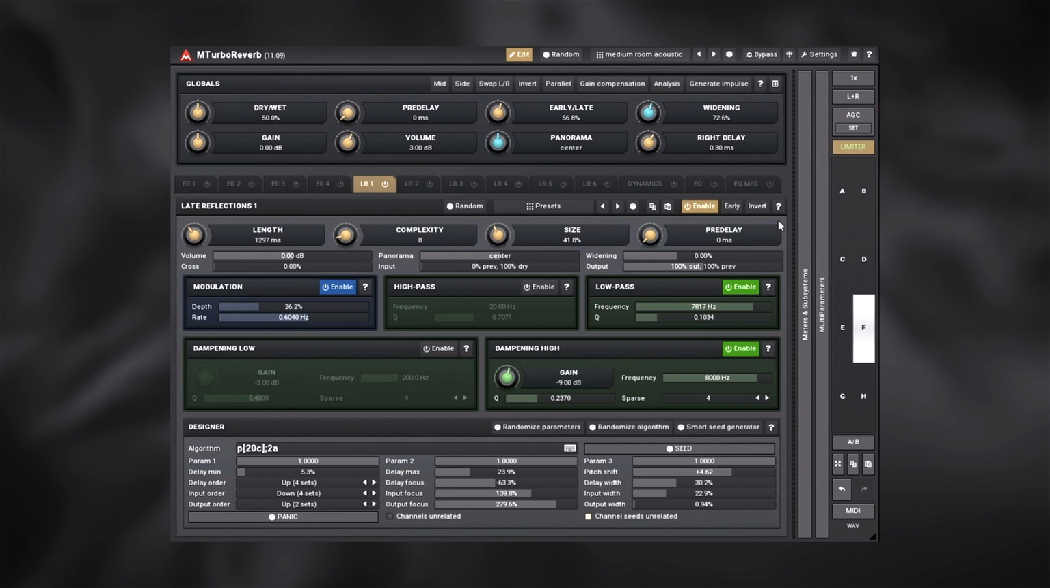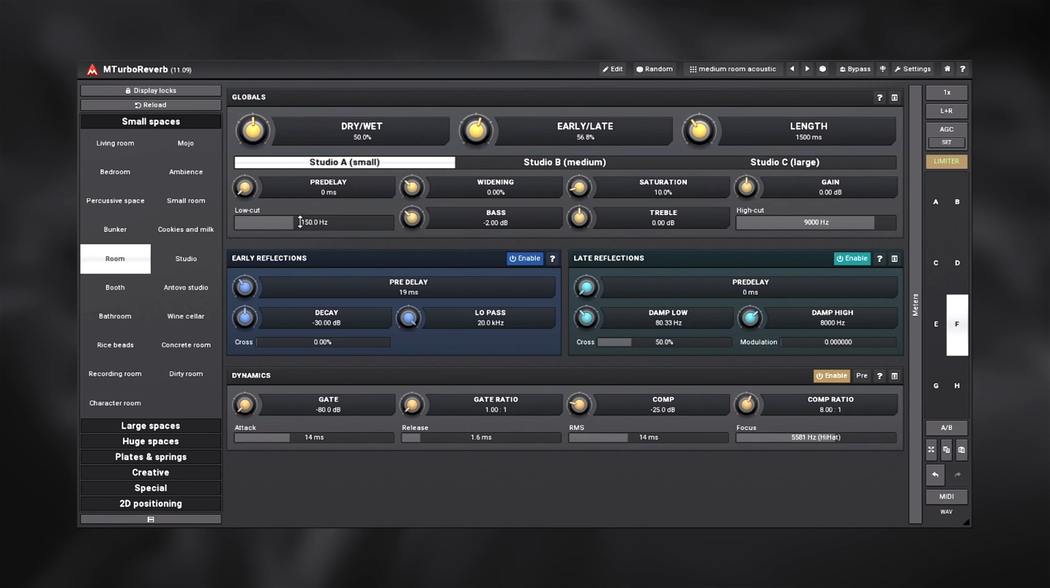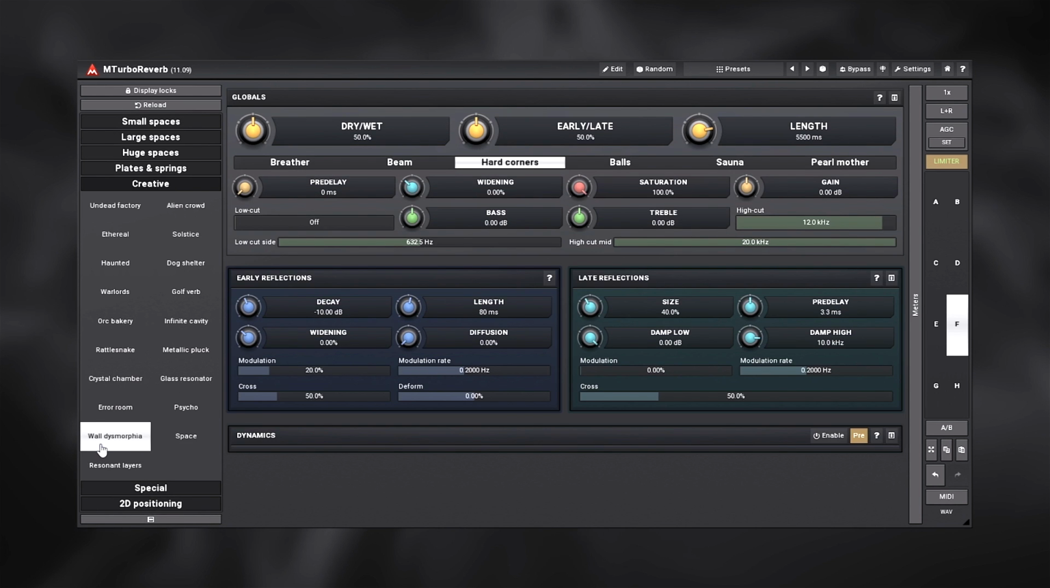I don't have enough time to teach you everything there is to know, but if you're interested in making your own sound that's a reverb that's truly yours, MTurboReverb is where it's at. And one other thing I want to point out before we end this tutorial, which is supposed to be just a basic introduction to the edit page, is if we go back out of the edit page and choose one of these algorithms like the creative wall dysmorphia, for example,